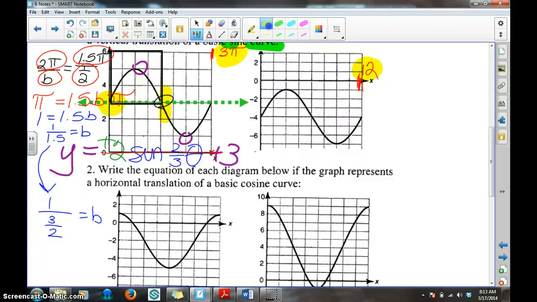Because in real life, things are not counted in pies. In real life, sunrise and sunset are not counted in radians. They're counted in 1 whole hour increments. In real life, the tide is not counted in pies. It's counted in 1 whole hour increments. So I need to be able to come up with an equation for tides or for sunrise and sunset that will still accurately graph the sunrise and sunset, but doesn't require me to count in a clock that counts by pies, because you're not going to find one of these everywhere. So in this case, start the same way. First thing I do is I find my